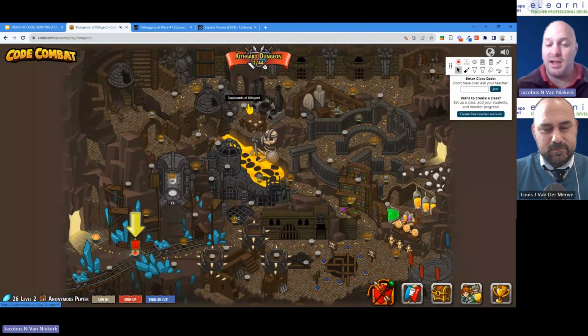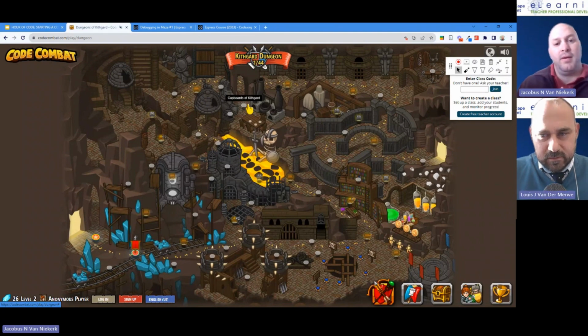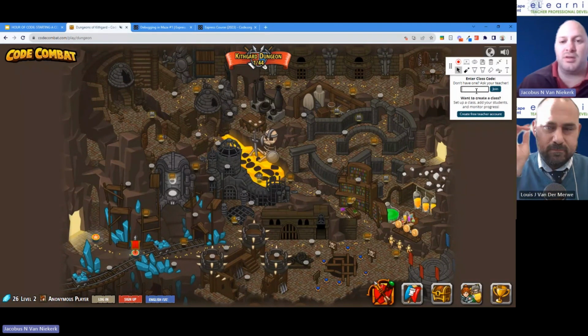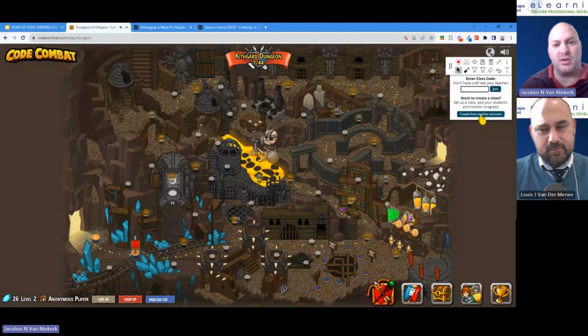And this one, exactly like the previous one, they've also incorporated a way for you to create a classroom and create passwords. There is actually no requirement for emails, but at the same time they've got both sides. They've got the classroom creation where you register your email accounts, or you can just add the learners, generate passwords for them and have them join via class code. You can see there top right, enter your class code to join. If you have a class, enter your class code and you can get going. Or you can create your free teacher account and go explore.